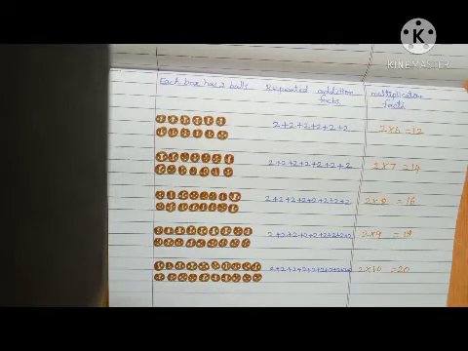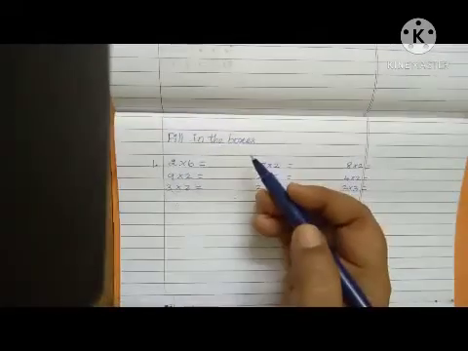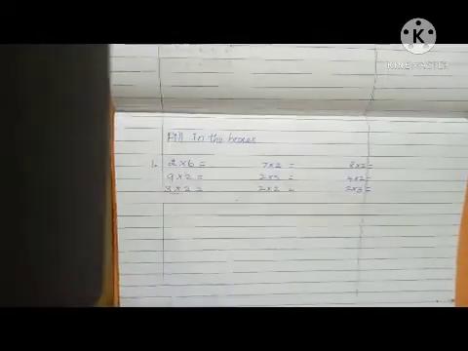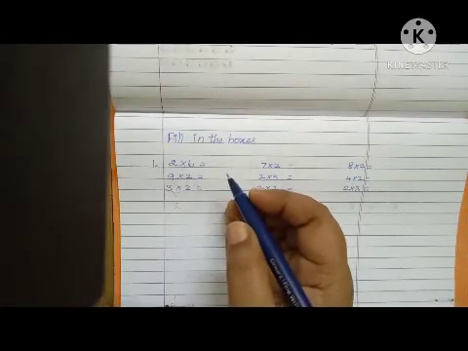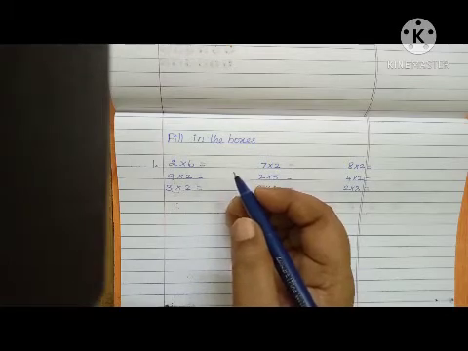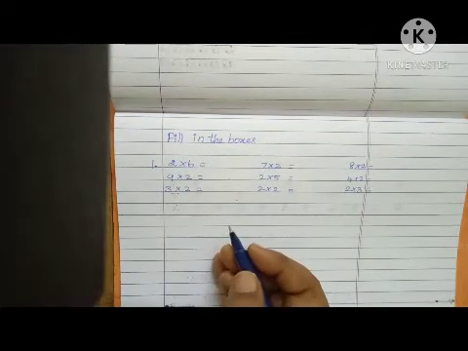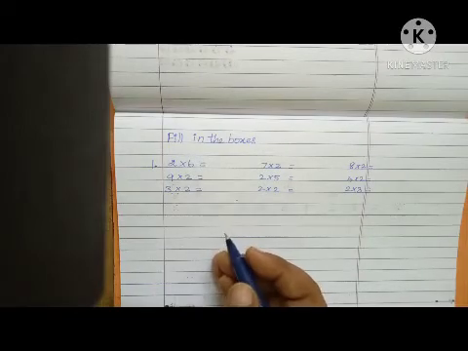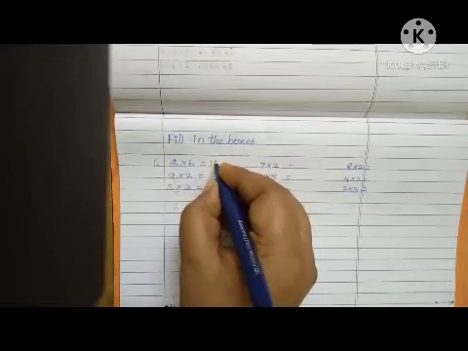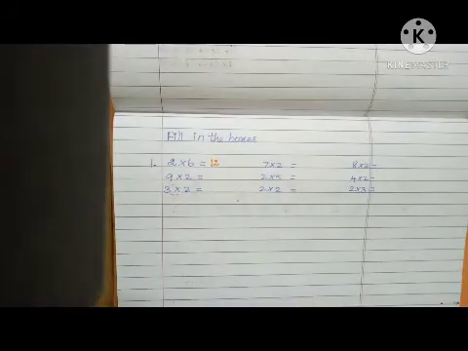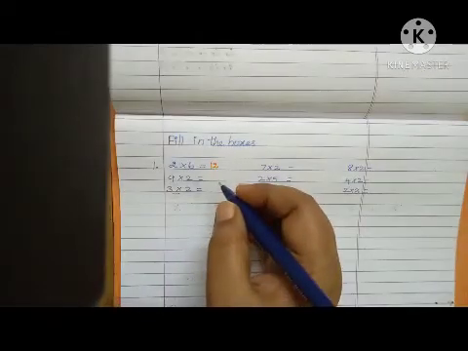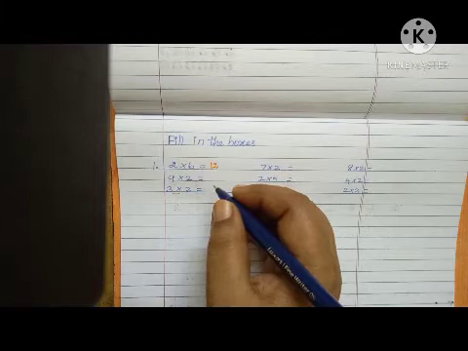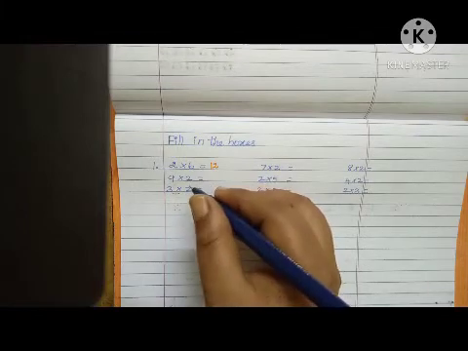You understand the concept, children? How to construct the tables? Fill in the boxes. Already you studied the 2 tables. Easy to write the answer now. 2 1s are 2, 2 2s are 4, 2 3s are 6, 2 4s are 8, 2 5s are 10, 2 6s are 12. So first you say the tables and find out the number. Okay children? 9 2s are. Say the table again.